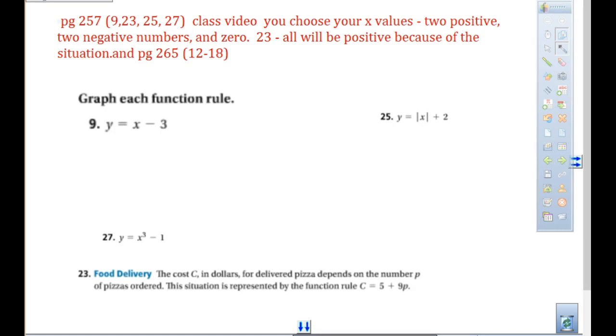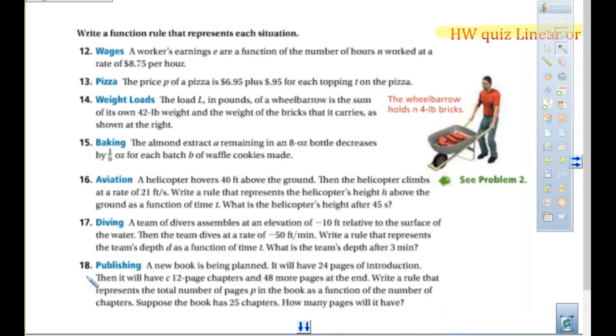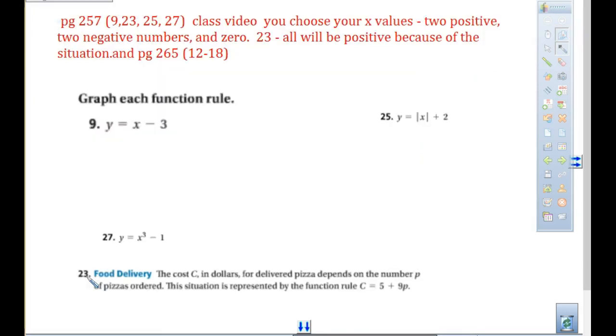So your homework, I'm going to be giving you graph paper. So you are going to choose 2 positives, 2 negatives, and zeros. You're doing number 9. 23 is a story problem. 25, 27. And then you are doing 12 to 18, which is writing those equations, okay? So I'm going to get you